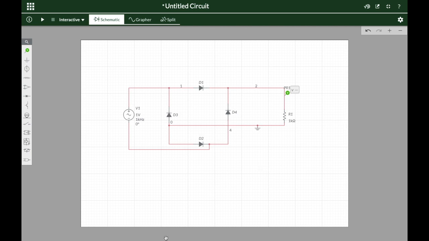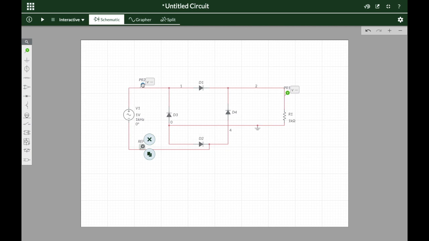We will also need to observe the input signal. So we will connect a voltmeter to the upper end of AC source, but when we connect this voltmeter here, it will give us signal at this point with respect to ground by default. We want to measure this voltage with respect to other end of AC source, that is this point, and so we'll select voltage reference and connect it at this other end of the source.